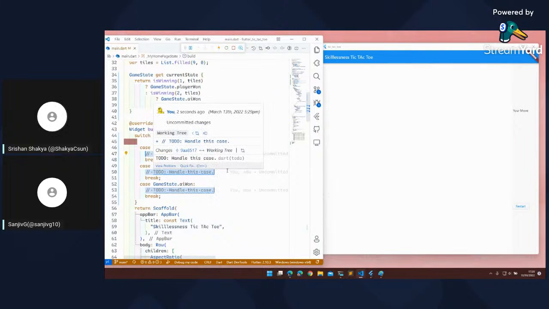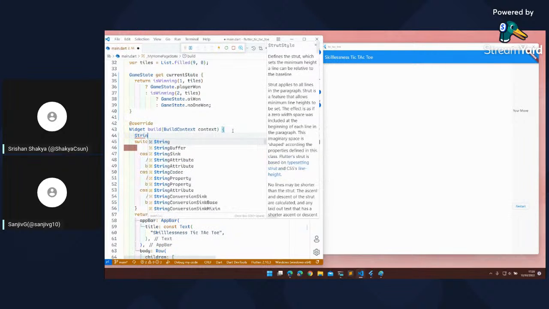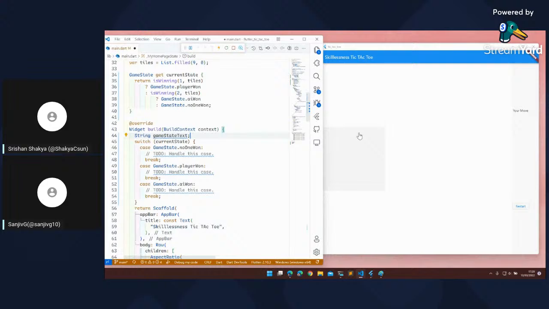So it automatically fills whatever the case is. And here we can assign, what should we call this variable? Game state text maybe. Game state text equals to